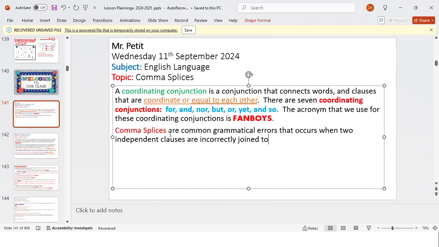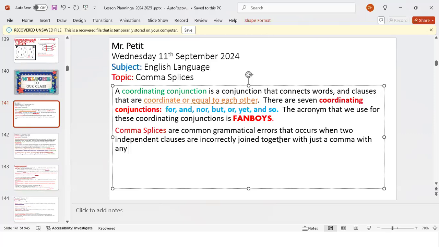Ken Leah, are you there? I can't hear from Ken Leah. Delvon, can you hear me? Yes, sir. Read the first paragraph for me, please.